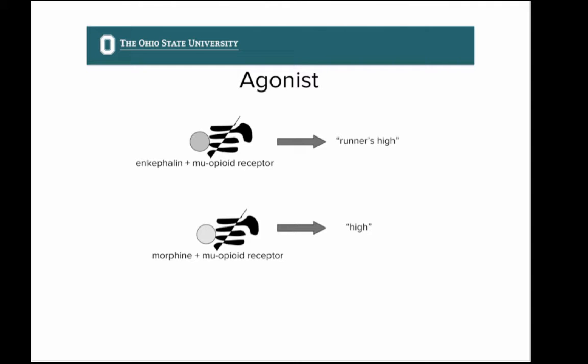Another drug is called naloxone, and naloxone also is capable of interacting with the mu-opioid receptor. But when naloxone seeks out and finds this receptor target, nothing happens. So we call naloxone an antagonist because it's not doing anything by itself. But because the naloxone is physically attached to the receptor, there's no space for the normal enkephalin neurotransmitter to get to its target. So the naloxone is blocking the enkephalin.